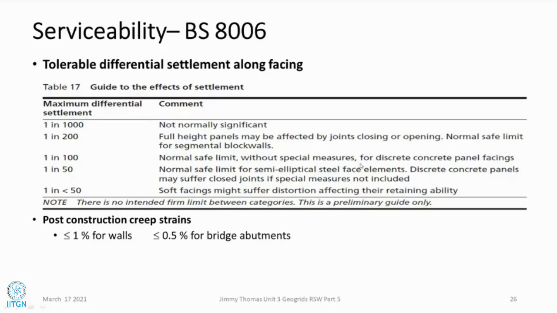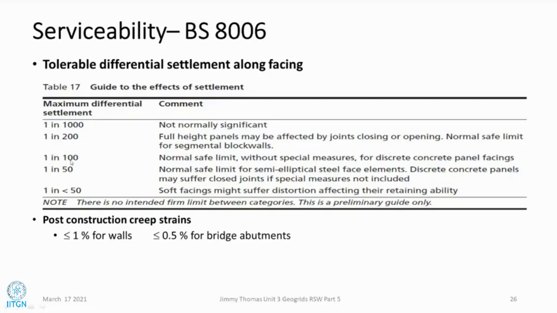If we have discrete, segmental panels, the panels are not tight fitting actually. Normally we leave a joint gap of 20 mm. That means on the horizontal planes, we put a bearing pad of 20 mm thickness, and on the sides also, there will be a gap of 20 mm. This is provided so that when the panels settle, they may get slightly distorted. If the panels are tightly fitting, then additional stresses may be introduced and the panels may crack. But if there is a sufficient gap for the panels to adjust, it can accommodate something like 1 in 100.